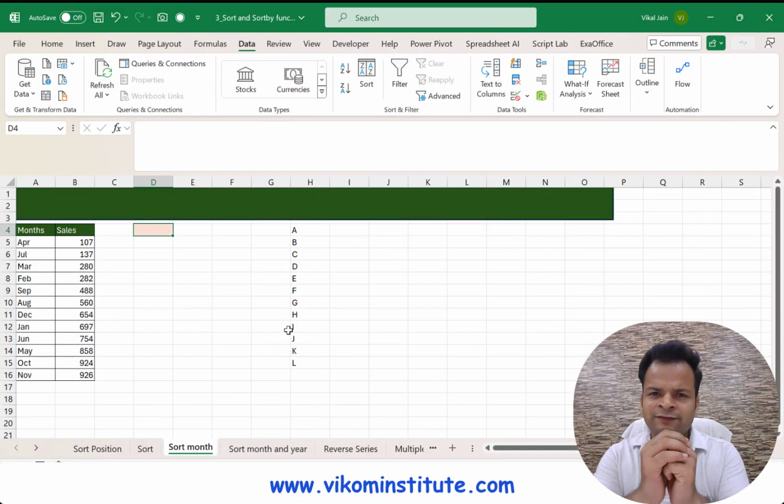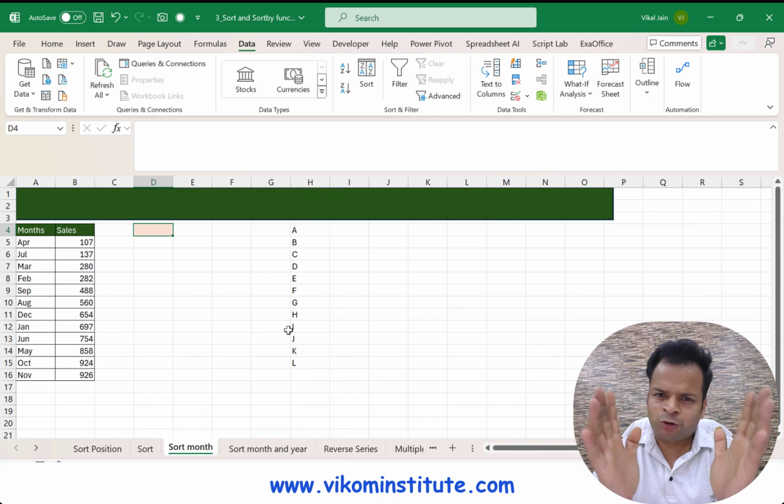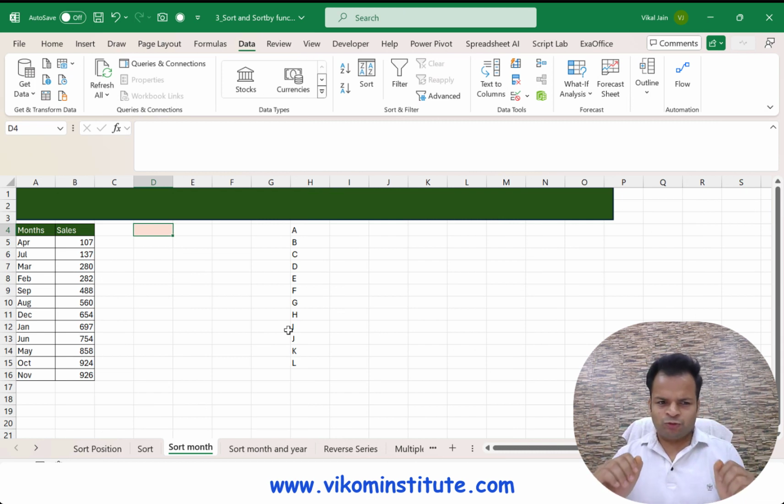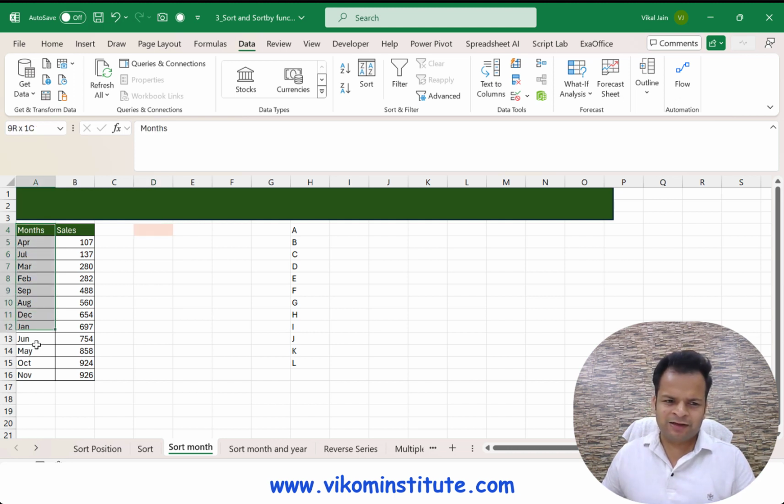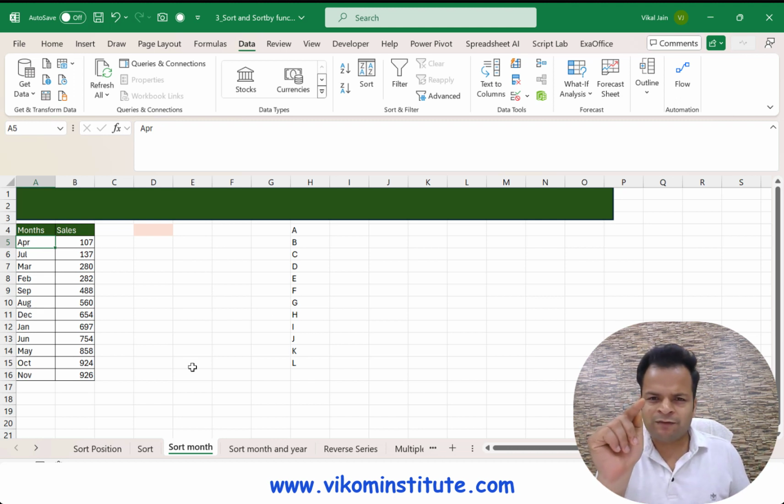Now let's try to understand example number one to deal with the sort by function. I'm going to sort my month here, and you will see I have written multiple months from January to December. I need to sort the months. What I want is January, February, March, April, May. So I want this sequence.